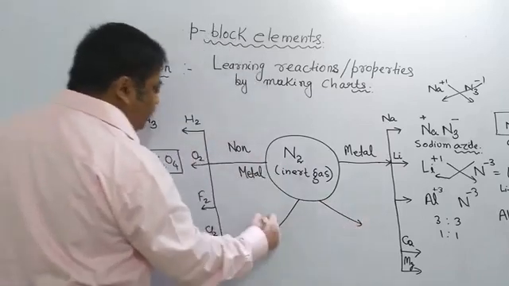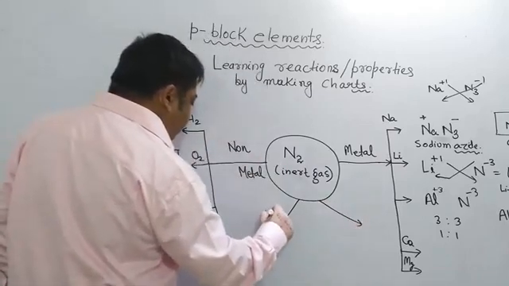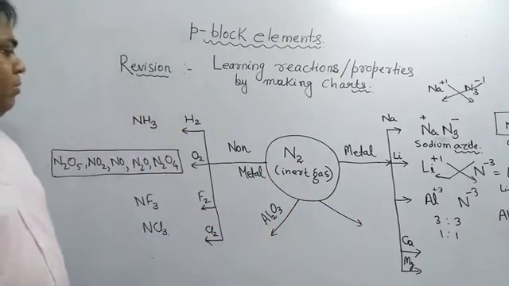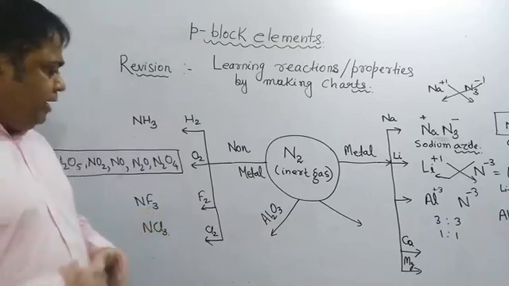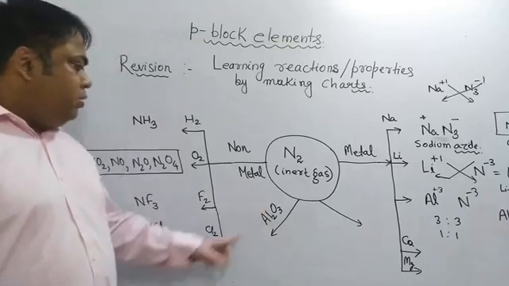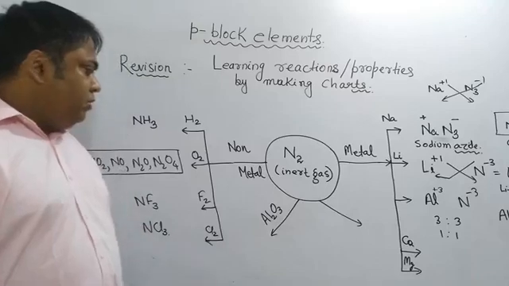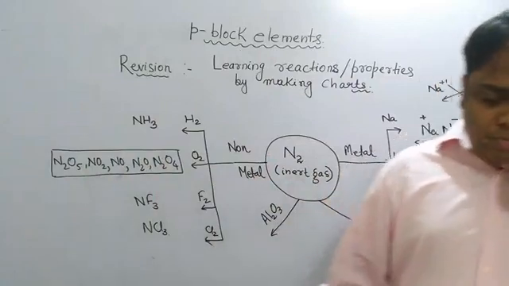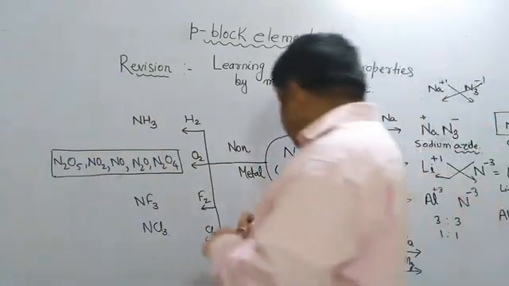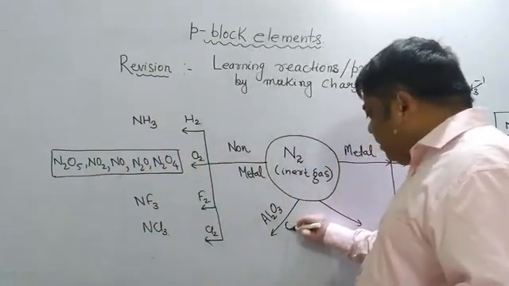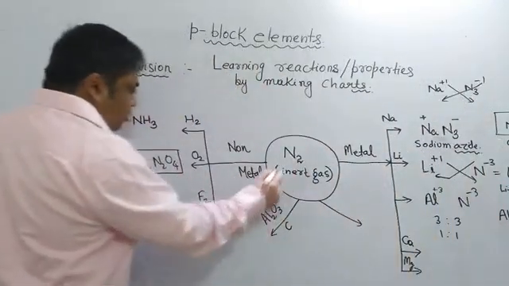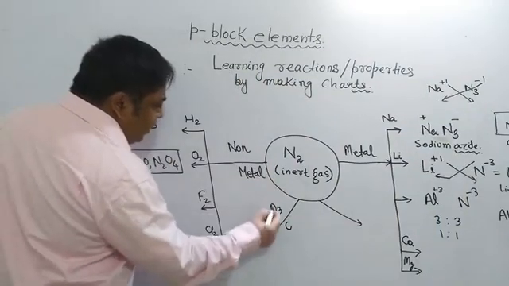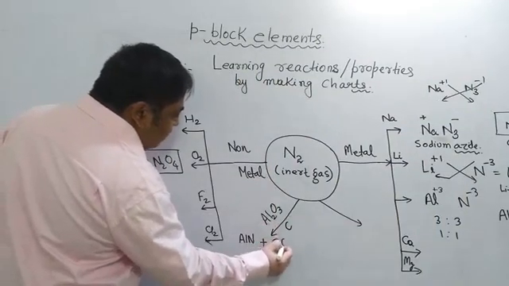If you treat nitrogen with aluminium oxide, then aluminium nitride would form, and after formation of aluminium nitride, oxygen gas should come out. To remove this oxygen, we can use carbon. So carbon will help to take this oxygen out. If you put a reducing agent like carbon, what will happen? Nitrogen will form aluminium nitride and carbon will come out as carbon monoxide.